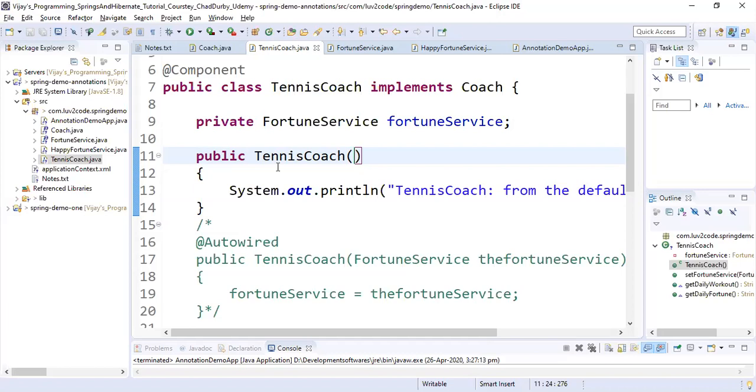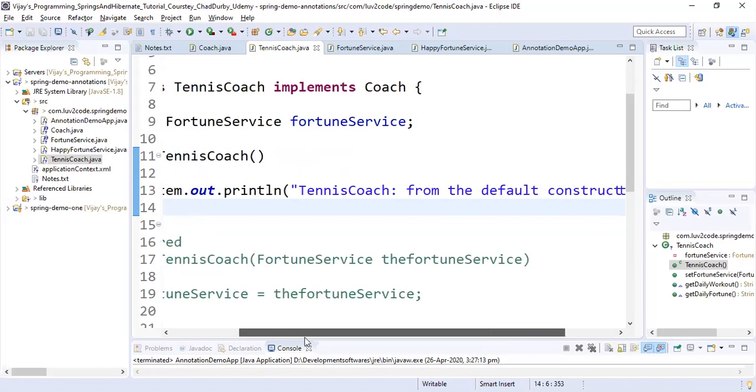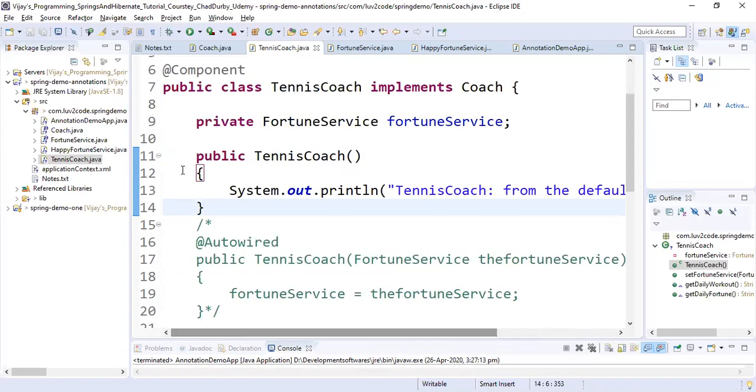Here we have explicitly kept the no argument constructor just to get the diagnostic message. If you don't keep it, no problem.